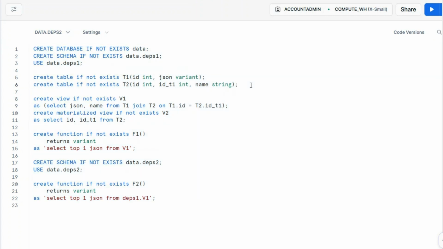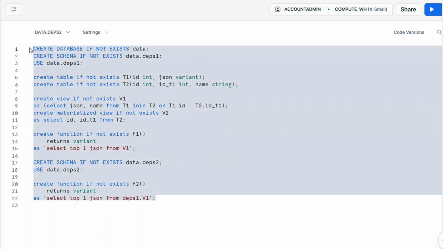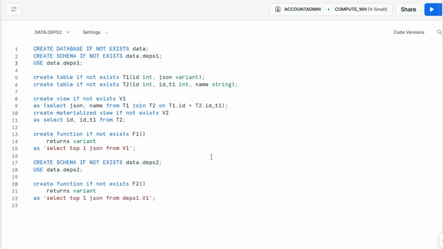I'll wait for you to do it, and just be aware that in this experiment, we'll query system views that may take a while for the data to reflect the latest changes. We're talking about some latency in the system views. So be aware that once you create these objects, to have something to query and to see the object dependencies on screen, you may have to wait several minutes, sometimes even several hours, but usually several minutes is enough.